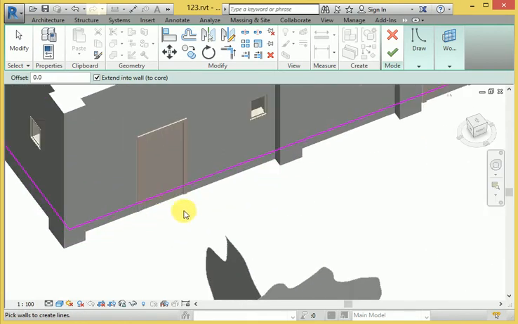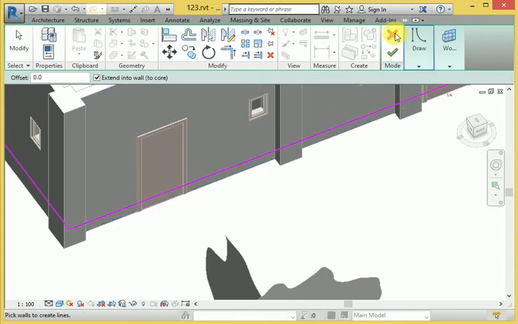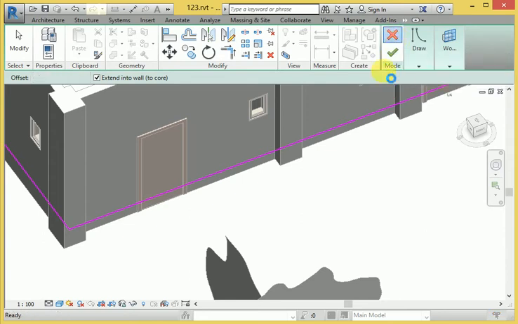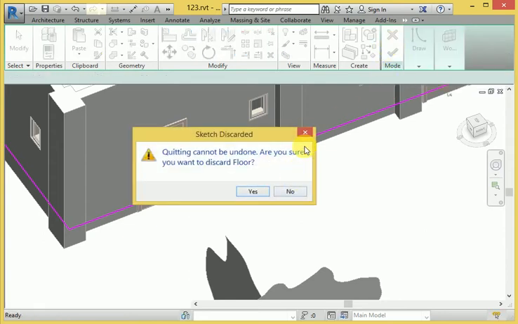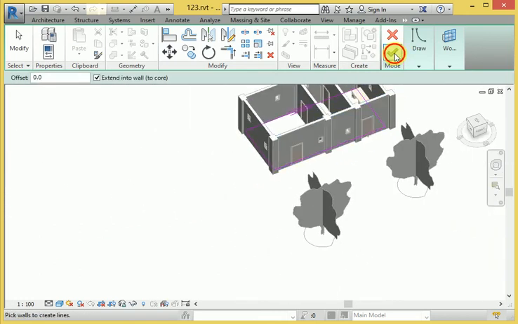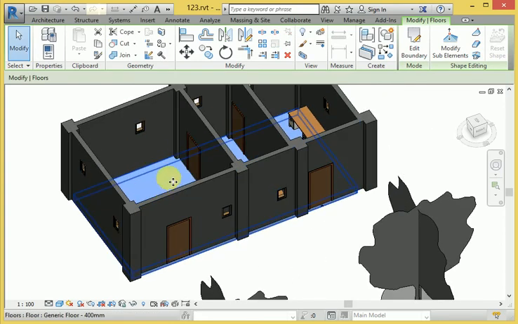Then you have to select every particular wall, then go to OK, and you can go to OK, otherwise cut, right? So I will go to yes, OK.